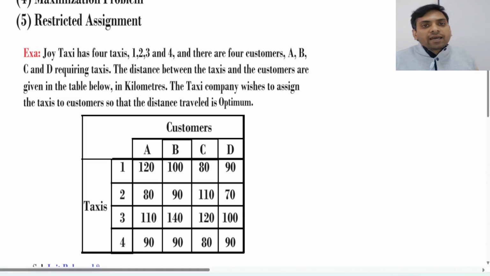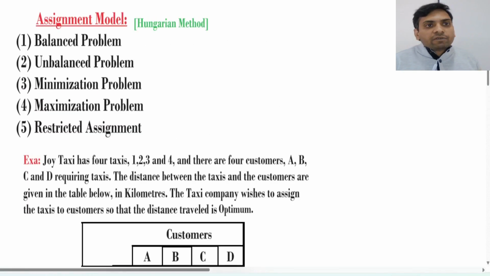Clear? So in exam, you may have word minimum also in place of optimum. You may have word like maximum also in place of optimum. Clear? Done? Okay. So difference between minimization problem and maximization problem, I think clear. If the words associated with maximization, then problem is of maximization. If the word associated with minimization, then problem is of minimization. So this problem is of minimization. Okay. Second thing,